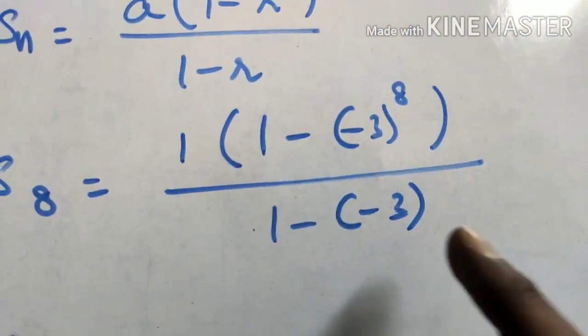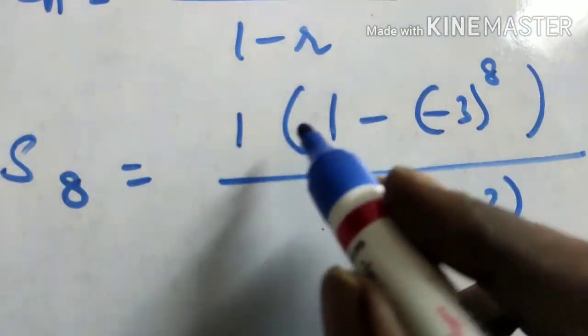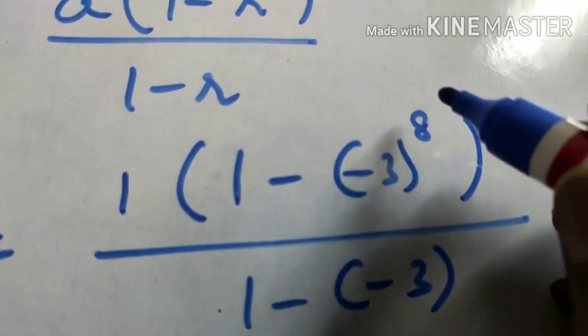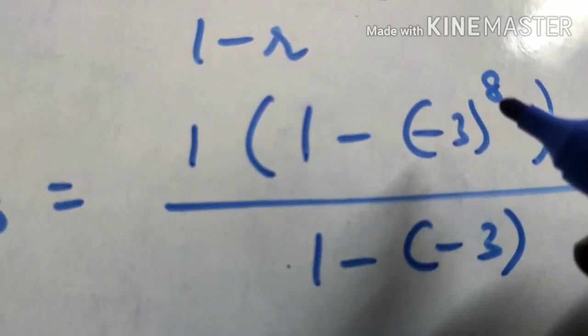So only I put minus 3 in a bracket, which is equal to 1, is not necessary, it is multiplication. So that is not necessary, write this alone. So 1 now see here, 1 minus, this is a negative number and the power is even number. So the answer will be surely positive only. Okay, so you can write 3 power 8.